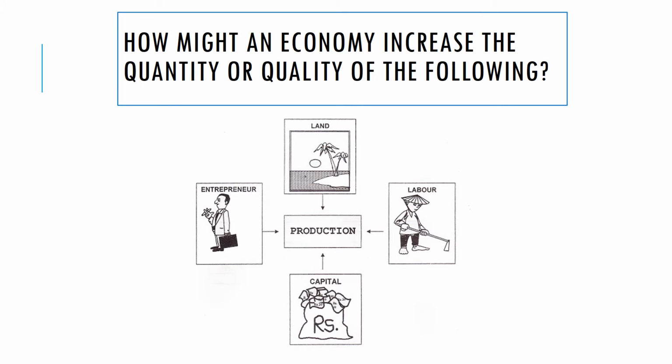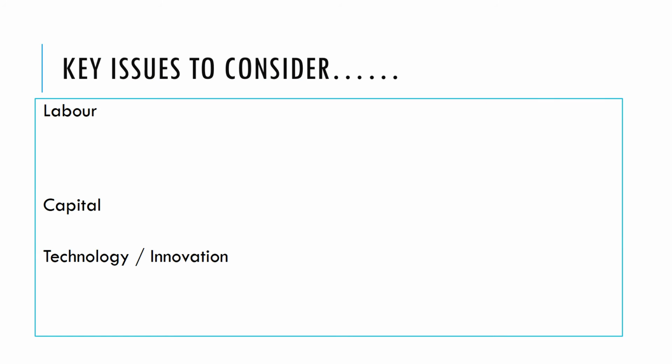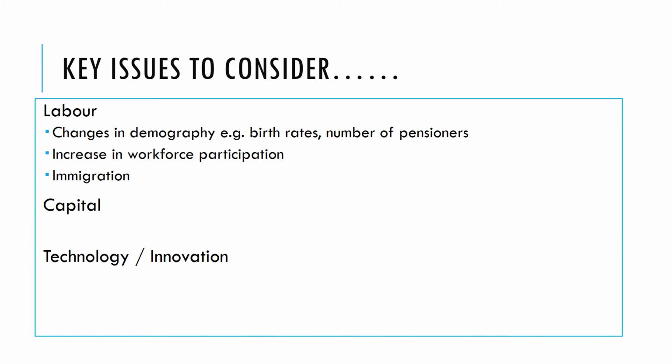So how might an economy increase the quantity or quality of the factors of production, land, labour, capital and entrepreneurship? Let's consider a few issues. So in terms of labour, changes in demography, so changing the makeup of society, so the rate of new births, the number of pensioners, maybe increases in workforce participation, maybe things like immigration, emigration would be key issues to consider